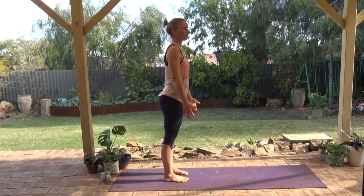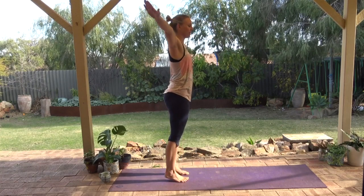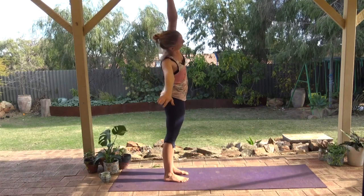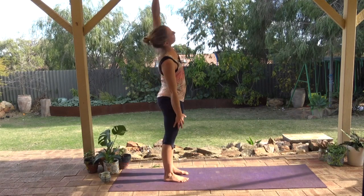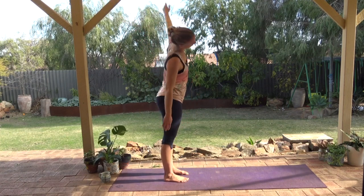Relevé arm arc. Just going to do one final sequence. Arm circle, heels down. Side bend, arm float, bend like bamboo. Try and keep this as smooth as you can. Reaching down with your armpit, reaching up with your armpit. Side bend, one arm swing,